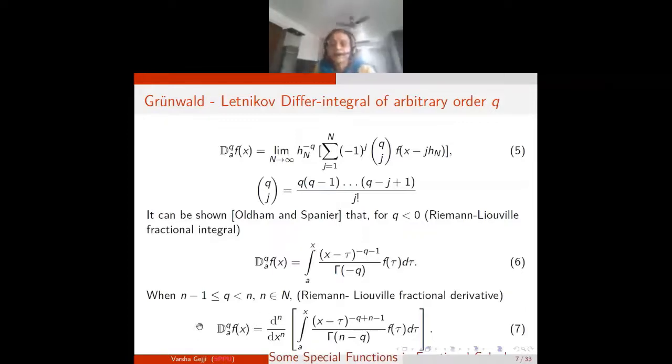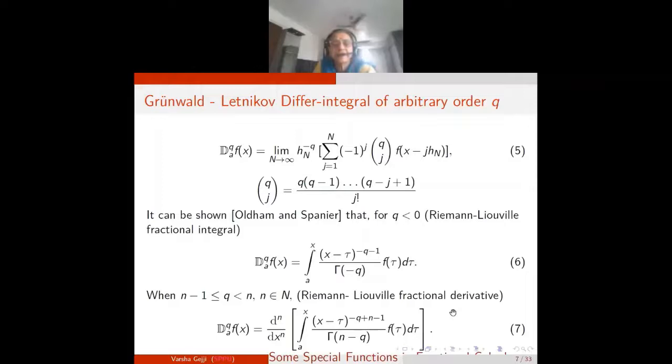So this is a generalization that 5 is equivalent to 7, and this is what is popularly used. So many papers are written. This is the Riemann-Liouville fractional derivative. So now you can see that they are a little complicated. So it took longer for this subject to develop,